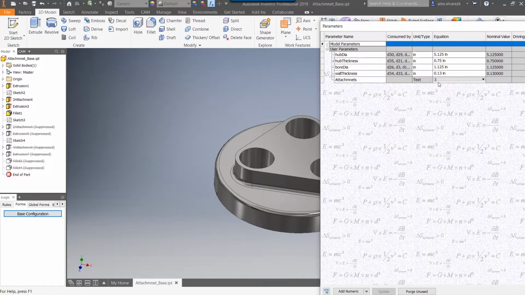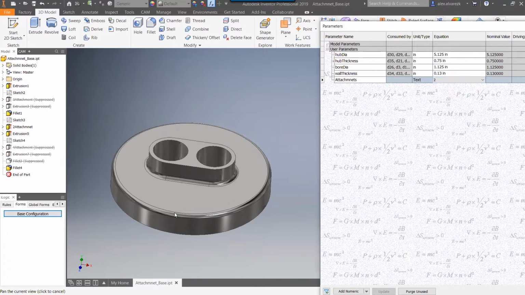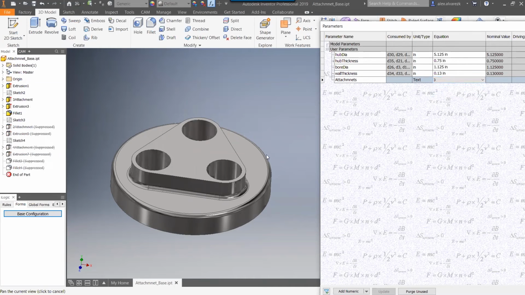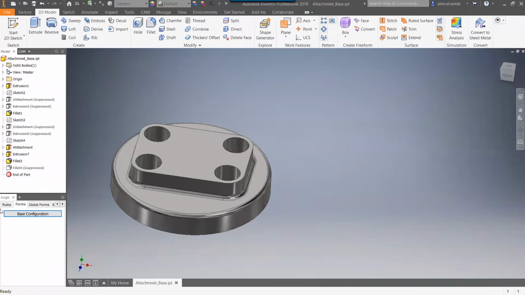So what I mean by that is we can go over here, change that to be 4 attachments, and it automatically changed to the 4 attachments. Right? Go back, change that to 2, changes to 2 attachments, and so on and so forth, right? So I can play around with this a little bit and maybe add, you know, 5 attachments depending on what the customer was expecting. But yeah, notice how quickly we can go back and forth between some of these different configurations. So if we take a look at the rule, really the rule was just a suppress and unsuppress feature rule. So if we go to edit rule,